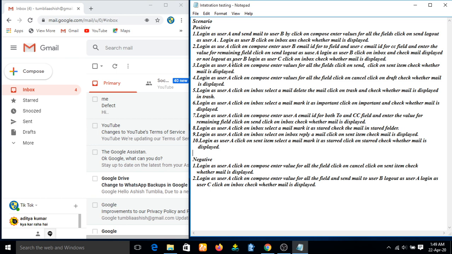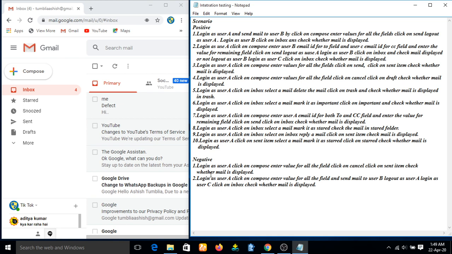When we follow the requirements and write the scenarios based on that, those are called positive scenarios. And without following the customer requirement, if we write some scenarios randomly, those kinds of scenarios are called negative scenarios.